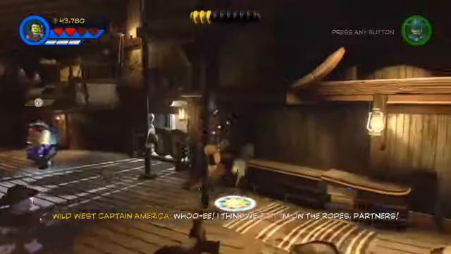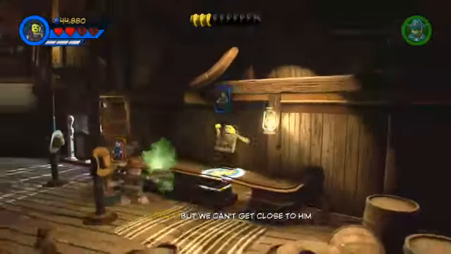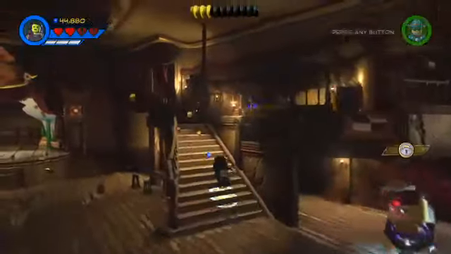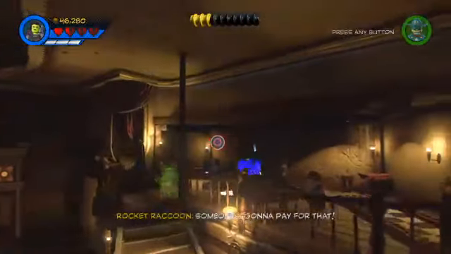I think we got him on our ropes, partners. But we can't get close to him unless... What's that on the balcony above him? Someone's gonna pay for